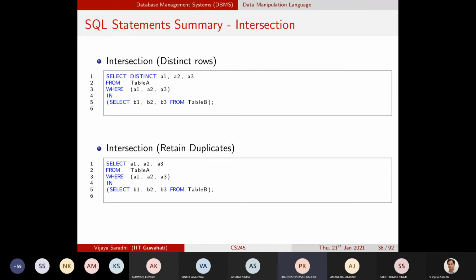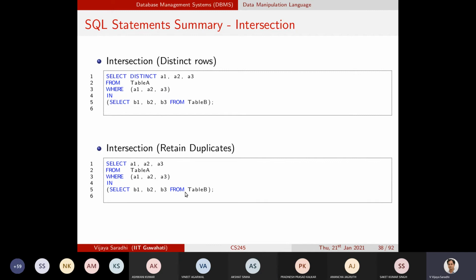Because we are just checking whether this entry belongs to the subquery performed below. No, here we are actually, see here, what we are saying is that you take that record from table A and ask the question whether this record is in table B. Yes.